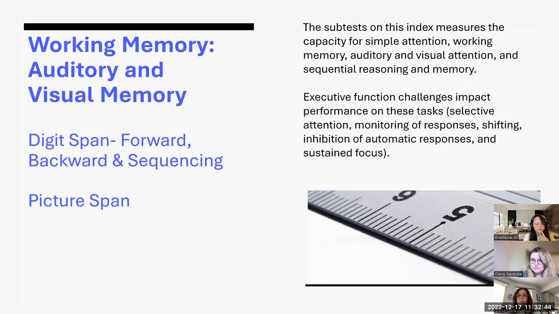It's an interesting test because they have their stimuli, their 2 or 3 pictures, and they can observe that for 5 seconds, and then on the next page you can have 10 pictures. This really taps into your ability to selectively attend to the visual details of the pictures and remember the order they came in.